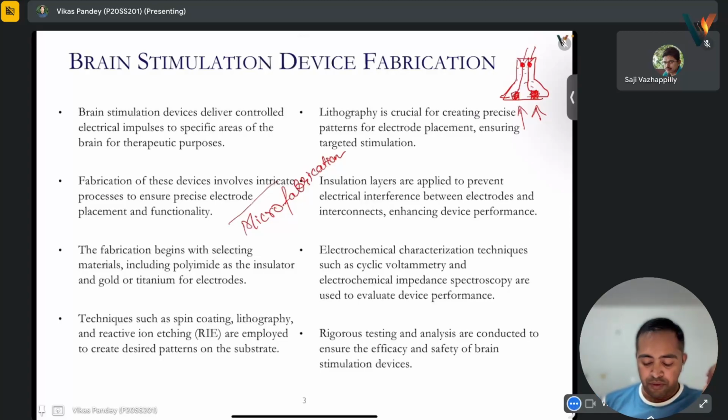Then some names of the techniques. To go into the details of techniques like lithography, spin coating, and reactive ion etching, there are other courses available that you can go into, but we will be covering a brief about it. Fine. So a technique like spin coating, in which